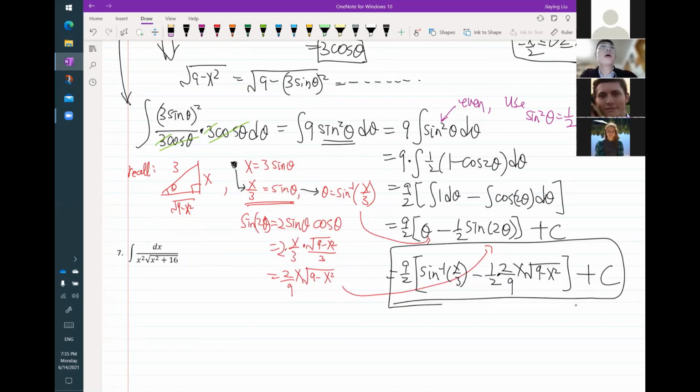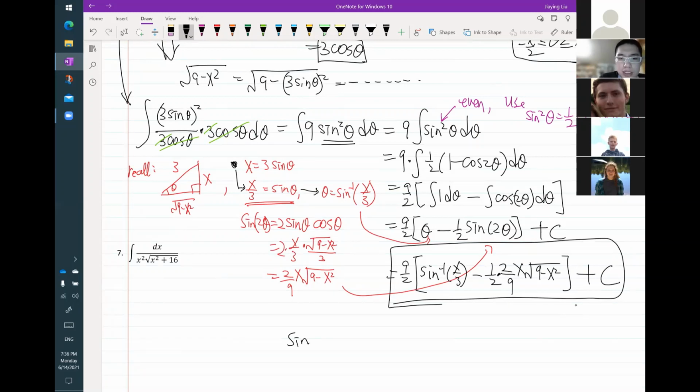Good question. Any other questions? If you left the sine 2 theta and then just subbed in 2 times the arc sine of x over 3, would that work too? Yeah, that would work. I wouldn't take points off, but we don't like, just in general,